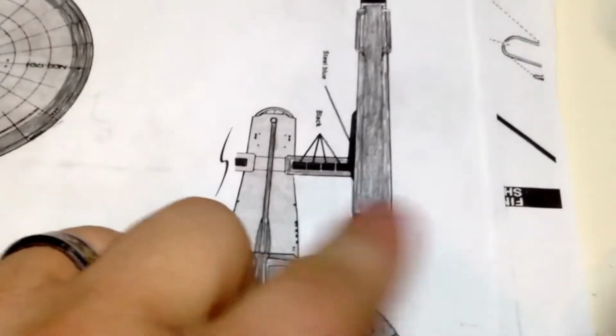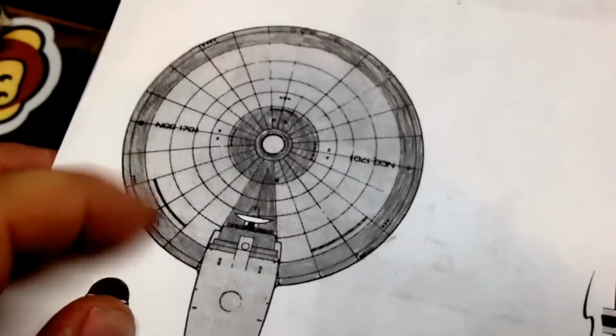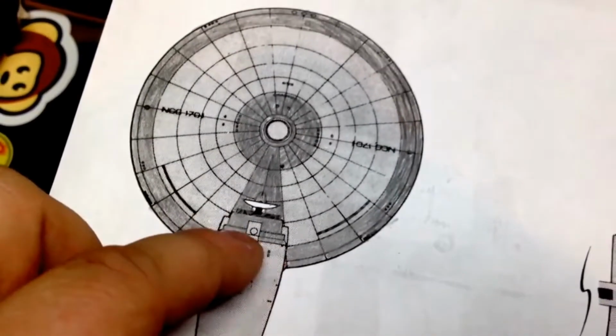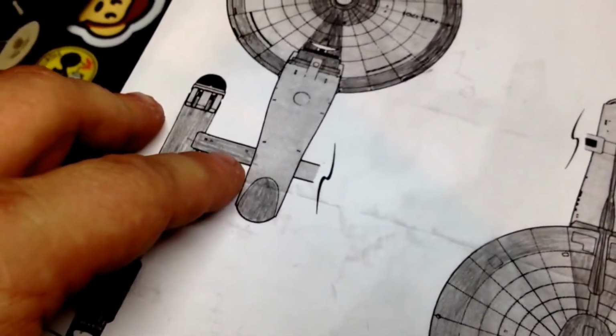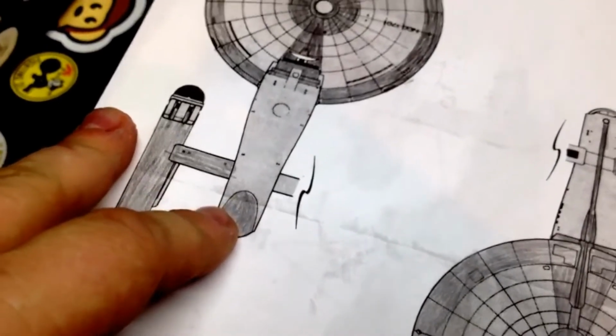The struts and the engine nacelles in dark gray. On the bottom, I'm going to do the same thing, a ring around, dark gray. This part around this sensor housing is going to be dark gray. Section going up, and then the middle part. And then the bottom of all the warp nacelle and the strut are also going to be dark gray, as is the bottom of the shuttle bay. Now it looks really, really good